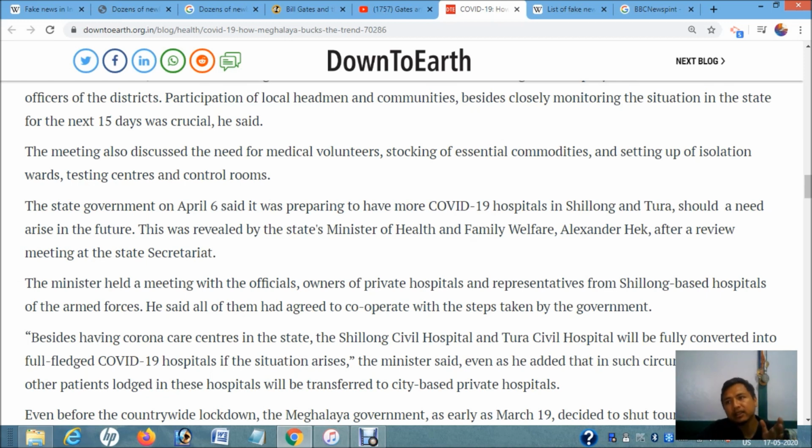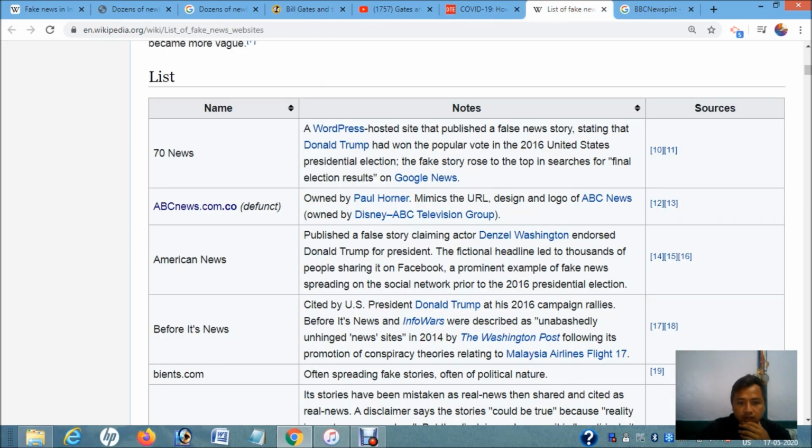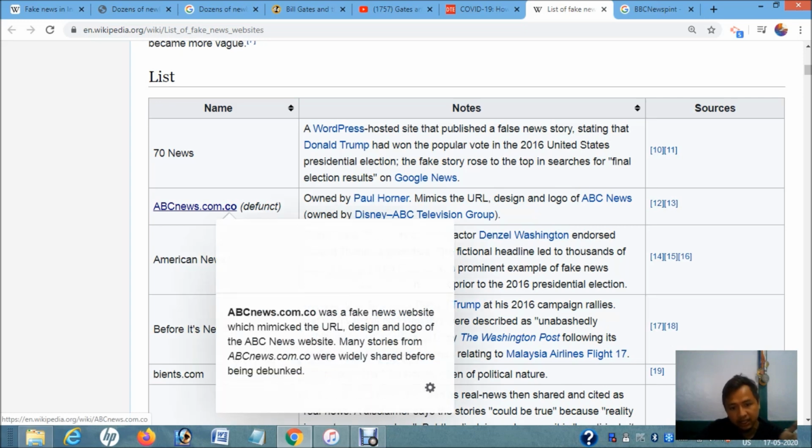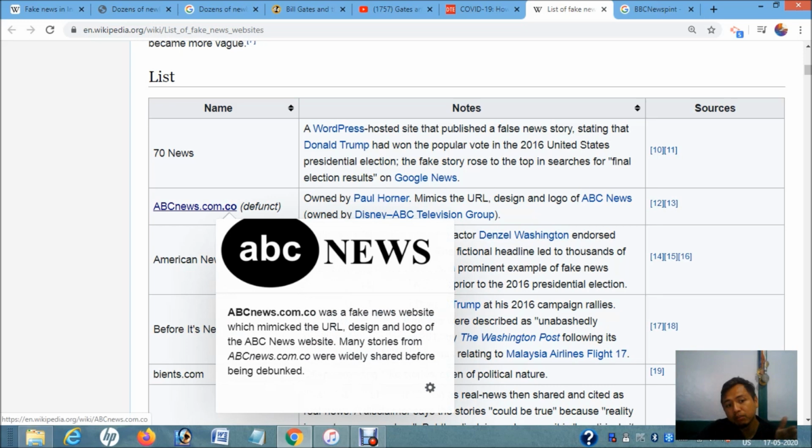So these are certain facts where the origin of fake news can be traced, and often it has been reported by fake websites. And sometimes even mainstream media, in the rush to publish, mistakenly, I'm not saying intentionally, do publish some of those kinds of news. There are other websites which try to mimic the mainstream media, such as this abcnews.com, which has been defunct. ABC News is one of the important news channels in the United States, but this one is a fake news website that tried to mimic ABC News.